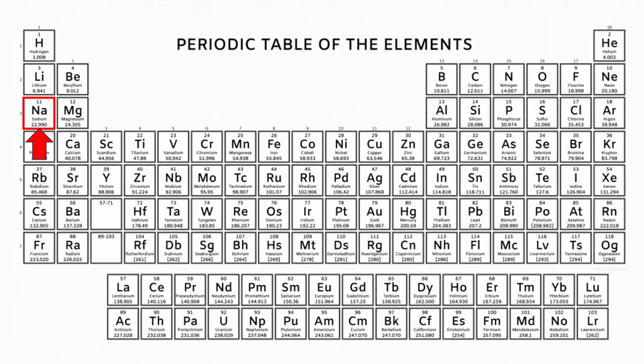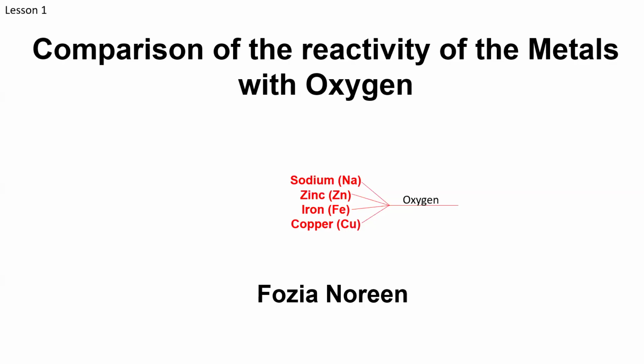If we are looking into the elements, as I was discussing, we are studying sodium, zinc, iron, and copper, so apparently it looks like there is no link between all these metals, and these are quite random metals. So how can we compare these? In comparison, we are looking into some similarities and differences of these metals. So we can try to make a relationship or a sort of order between these metals by looking